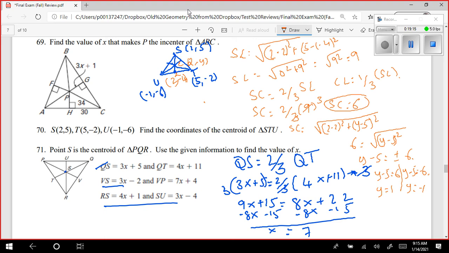Oh sorry, here I'll get 11, right? Add 5 on both sides, 6 plus 5 is 11. Here if I add 5, I get y equals -1. I can say that -1 lies between -4 and positive 5. -1 lies between that, but not this one. So therefore the correct y coordinate is -1. And the final answer is going to be (2, -1), the coordinates of the centroid.